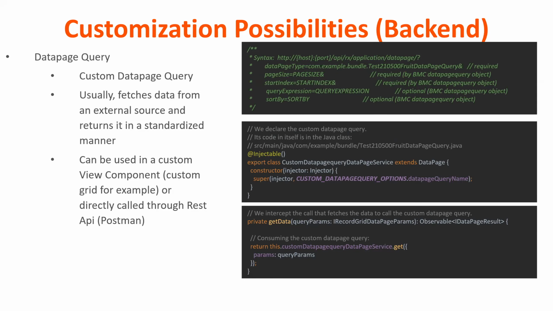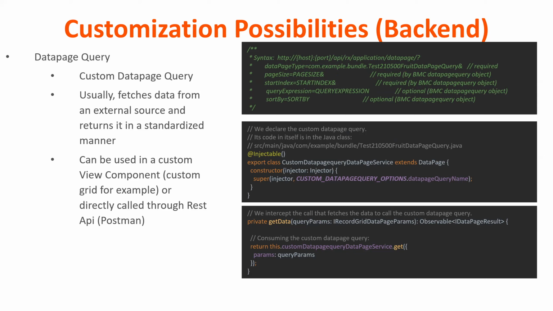And we have the data page query, which is a bit more advanced. Data page query is a type of object that we use actually in the grid. And it takes some input parameters like the page size, start index, the query expression, and it will return formatted data. So you could use that, for example, if you want to query a record definition and massage the data,